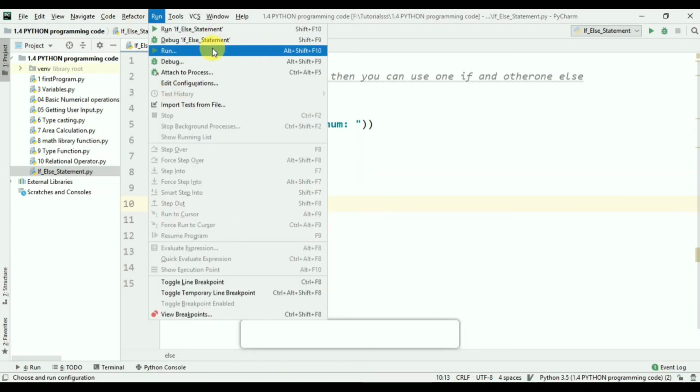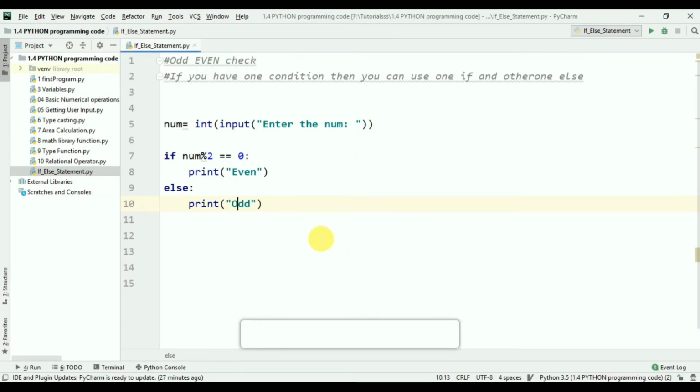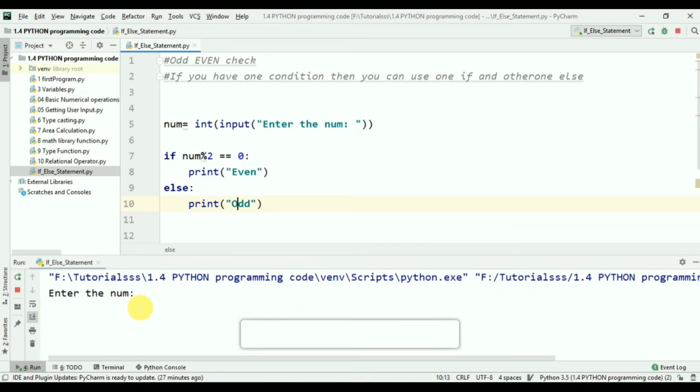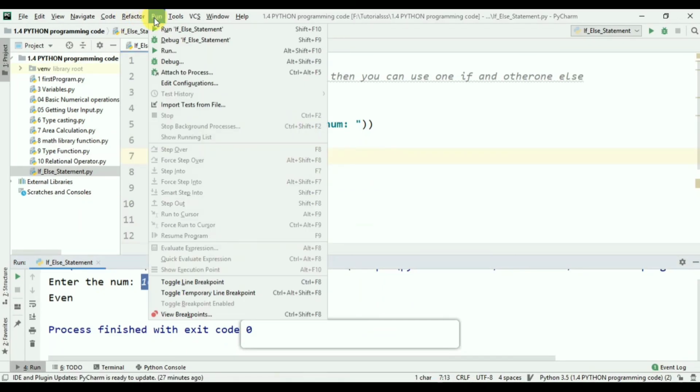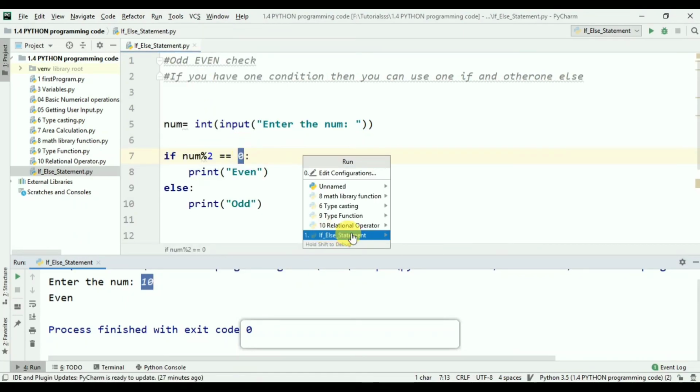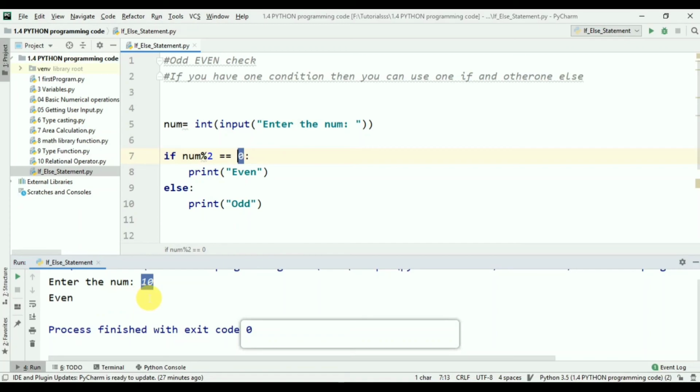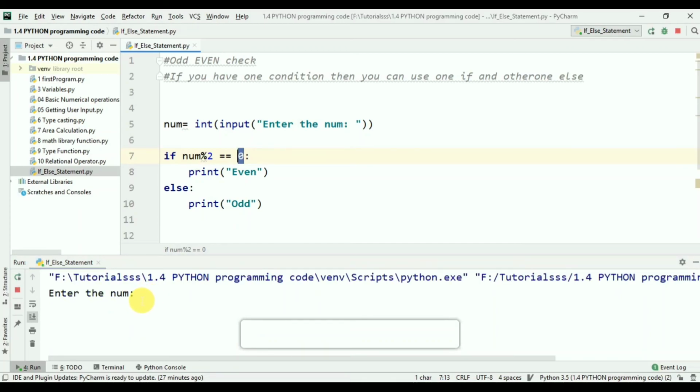Just run this code. Let's check the output. Type an integer value. Here I put the value 10. You can see it will print even. That means 10 divided by 2 and the remainder is 0, that's why it prints even. Now run the code again.